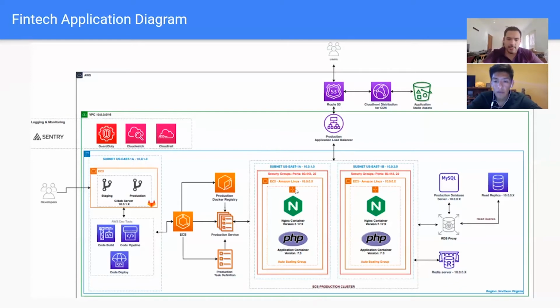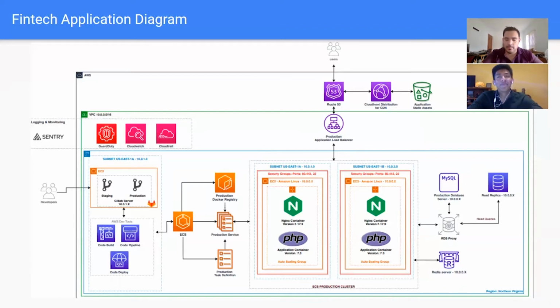Okay, so next we have the Docker registry. It's important to mention that this application is running on Docker containers. That's why we can see the Nginx and the PHP application containers isolated from one another, because they are running on containers using Docker.